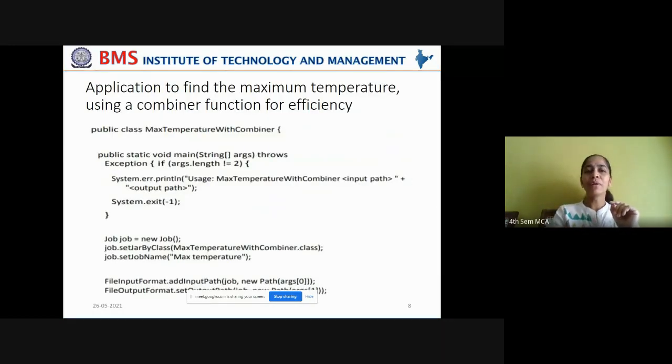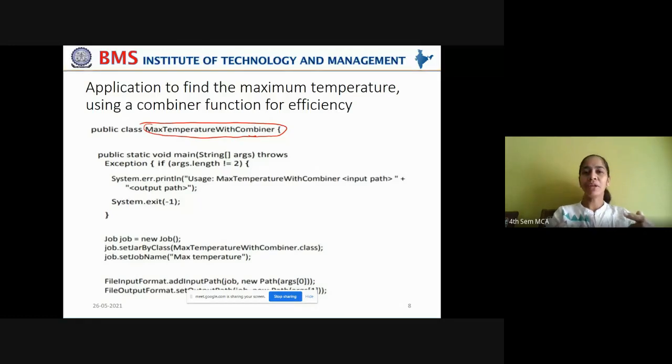Now, instead of max temperature, you are writing max temperature with combiner. It means you are trying to introduce a combiner function into this Java code. That is why you have changed the class name a little.